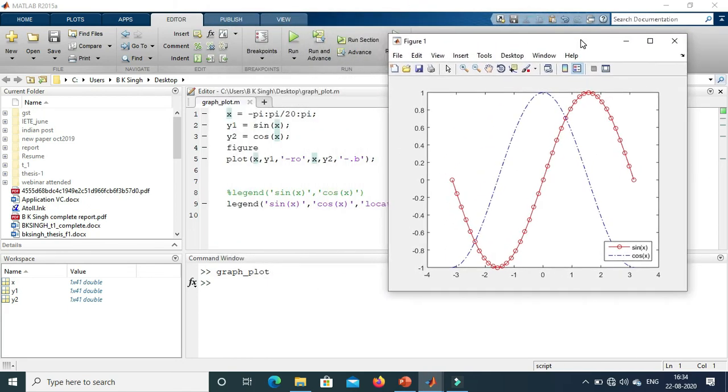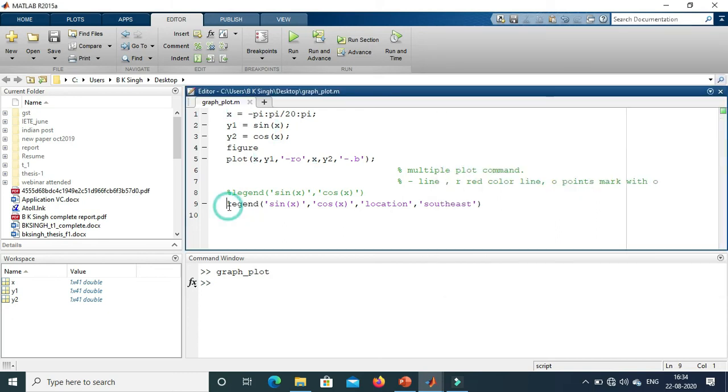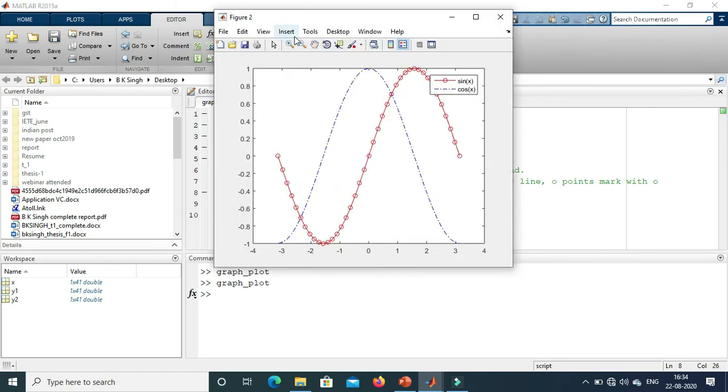Let's see once again by default without giving the legend location. For that I just want to comment this section so that it will not be read, and just open this by default legend. We haven't provided any direction to this legend. So for this command, let's see, the default direction for legend is the northeast direction. So similarly, you can put it in the east direction, north direction, south or west, depending upon your graphical values or where you want to show the legend on the graph.